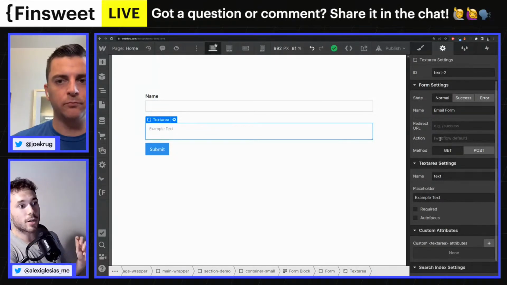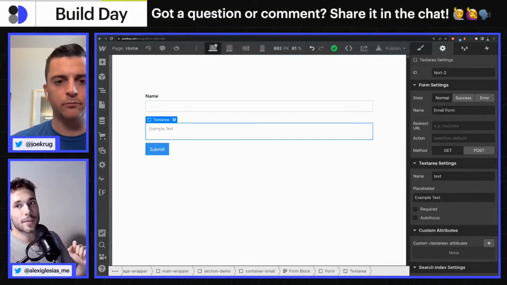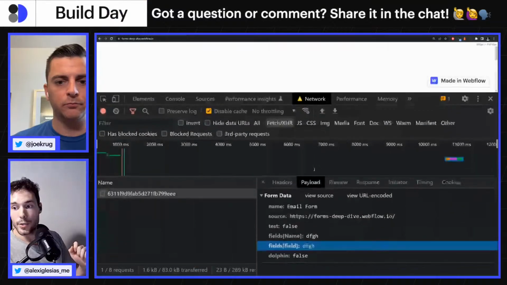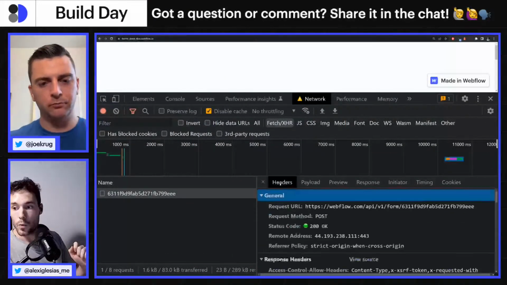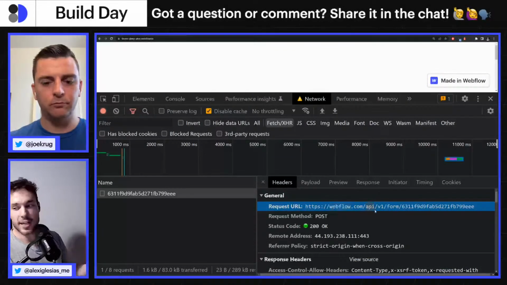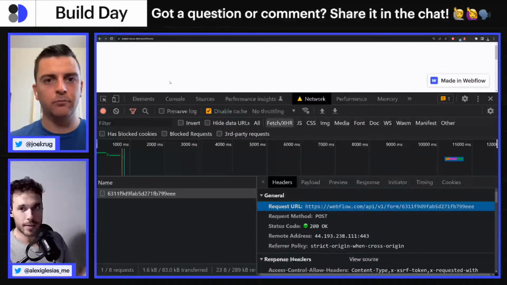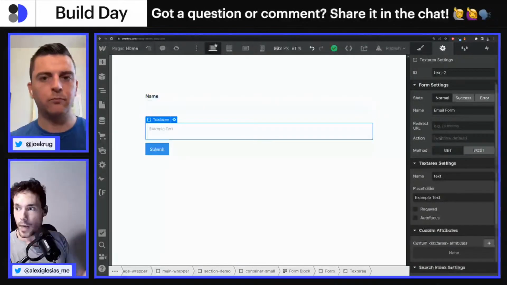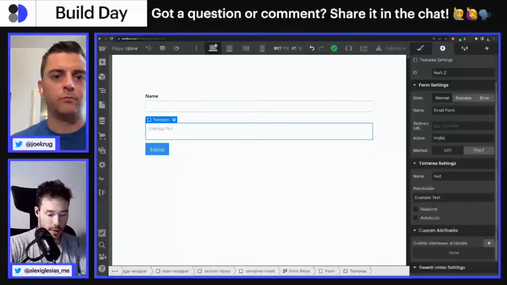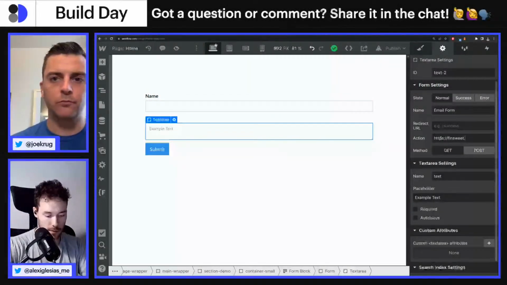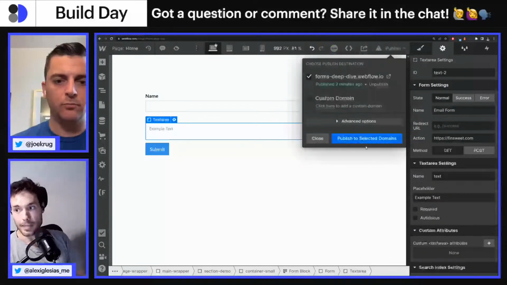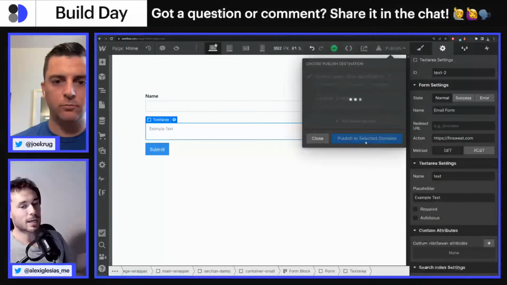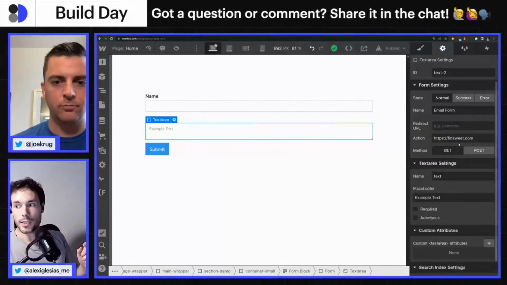With that action, you're saying, okay, I don't want to send that data to webflow.com/API/v1/form. I want to send that data to finsweet.com/whatever, right? And this is what happened when I changed this to finsweet.com, like that. Which brings me back to what I was trying to clarify, which is when you're setting this action,